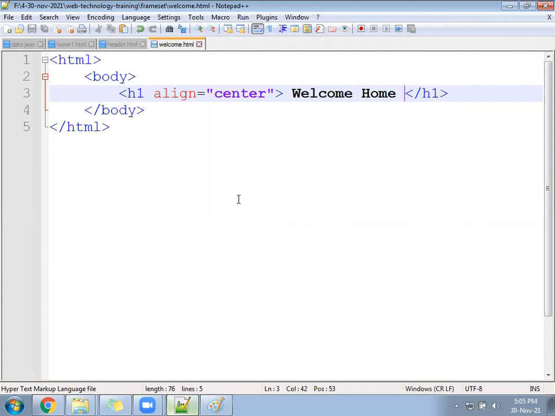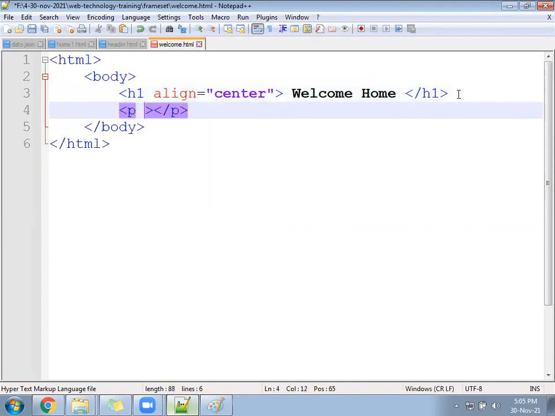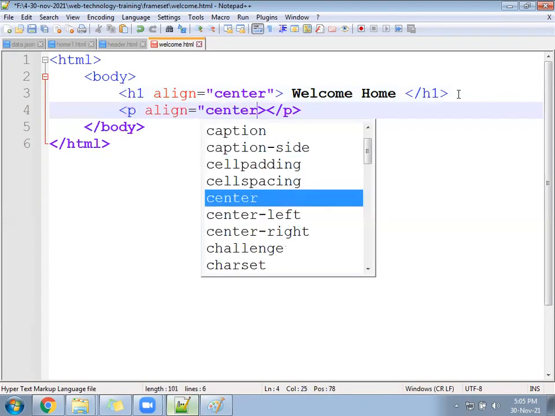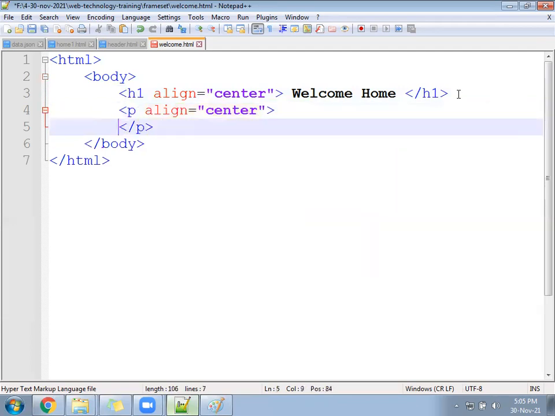Align as center the welcome home. Write a paragraph also, align as center only. Inside we can keep some text.